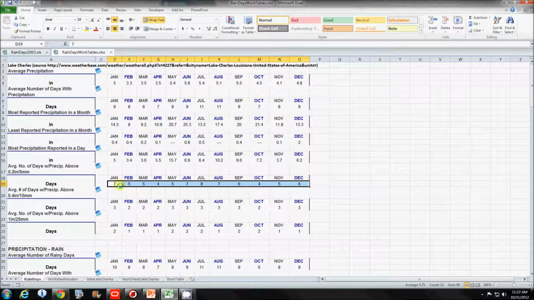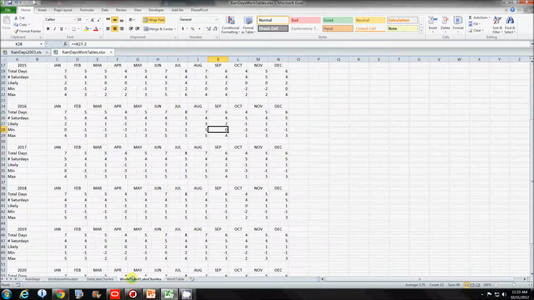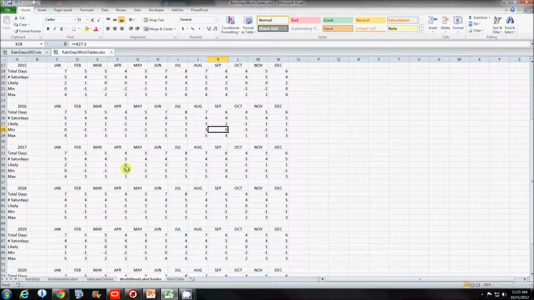So here's our average rainfall, and from that we come up with the worksheet, which shows the total days less the number of Saturdays in that particular month, giving us a likely date. To model this, the minimum is 2 days less and the maximum is 2 days more.